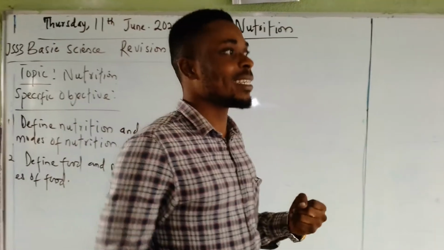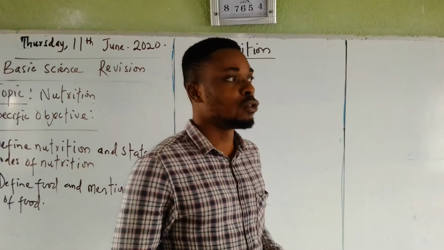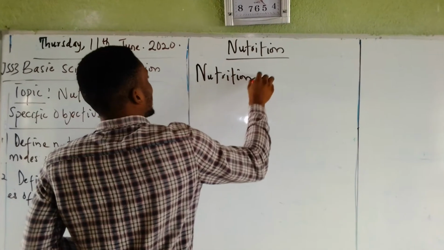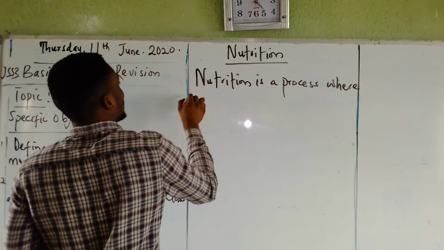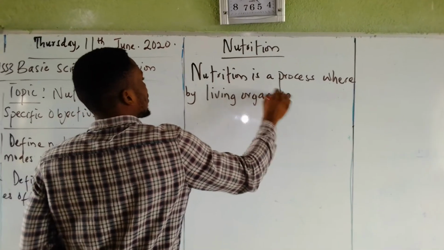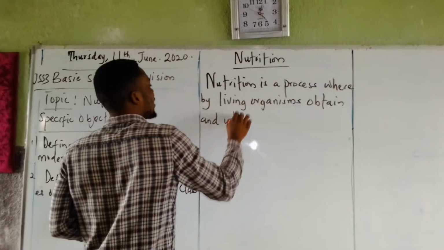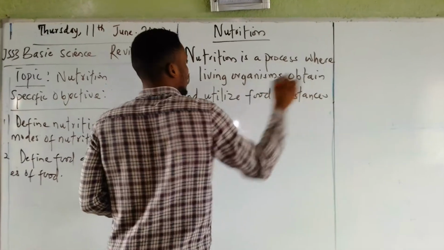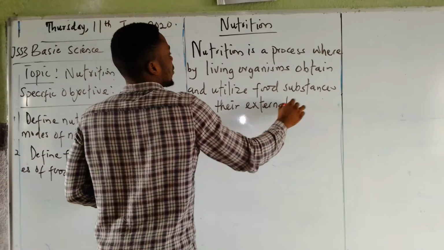When living organisms obtain and utilize, when you obtain it, you make use of food substances you get from your external environment. We call it nutrition. So I can say nutrition is a process whereby living organisms obtain and utilize food substances from their external environment